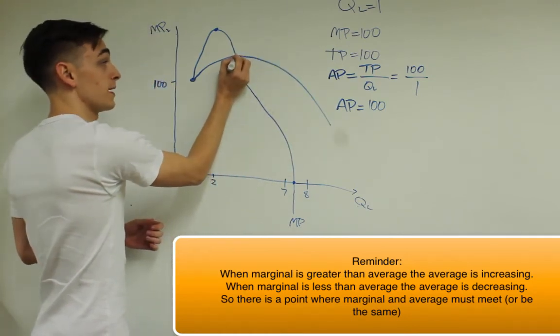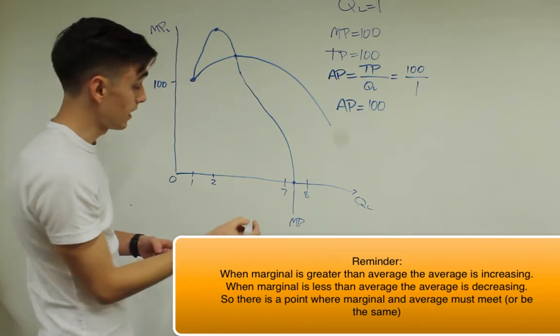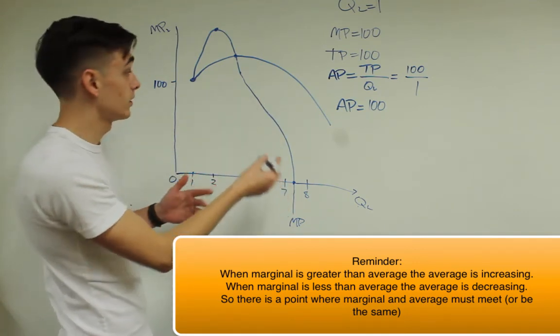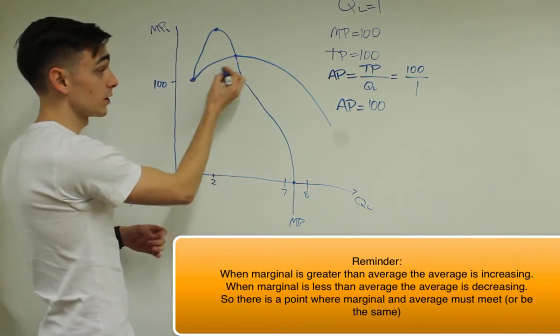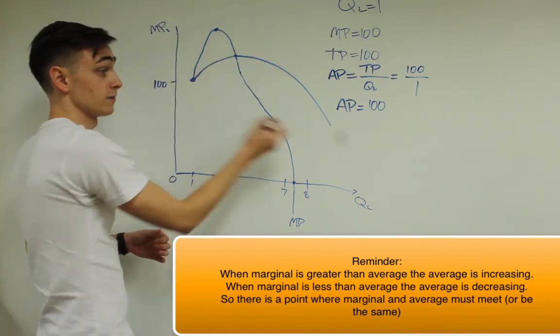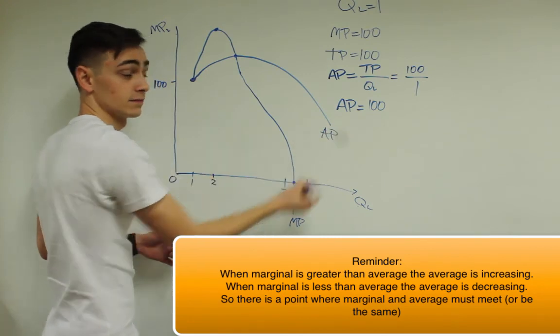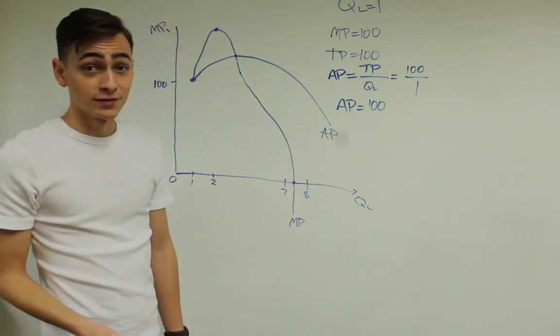So there is a maximum of the average product curve right there, wherever this is, it doesn't really matter. But between 1 and 2, we can say that the marginal product curve lies above the average product curve. So that's a quick overview of average and marginal